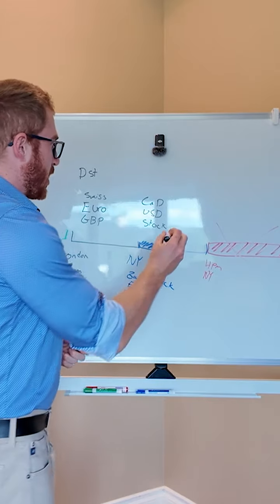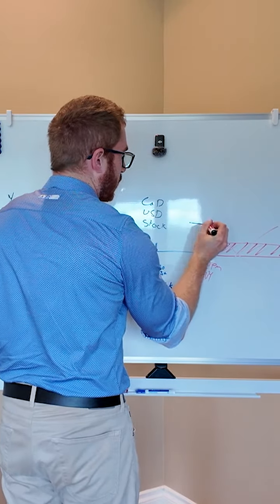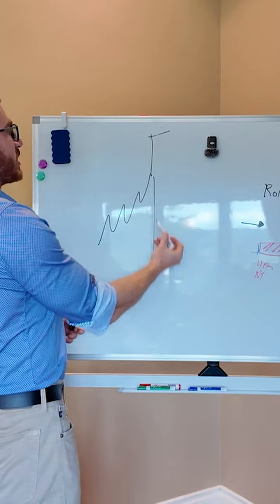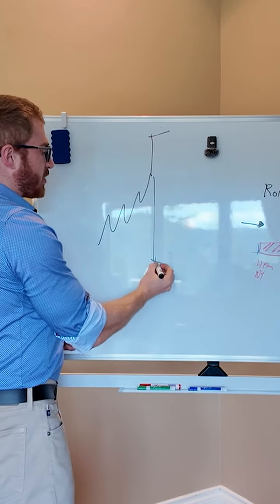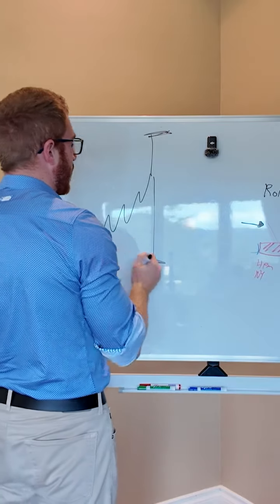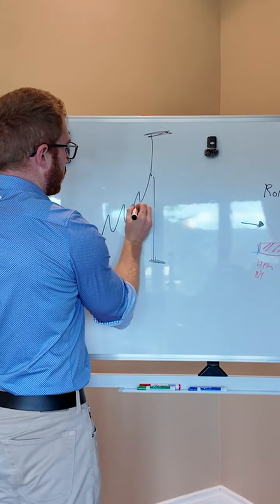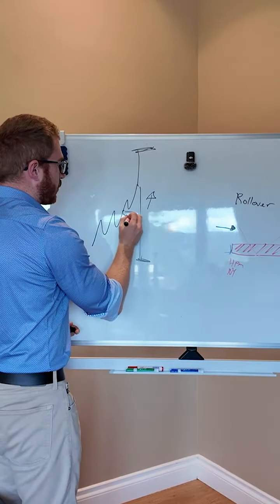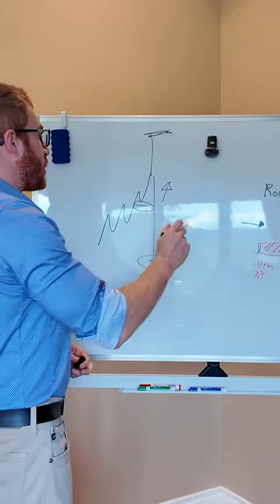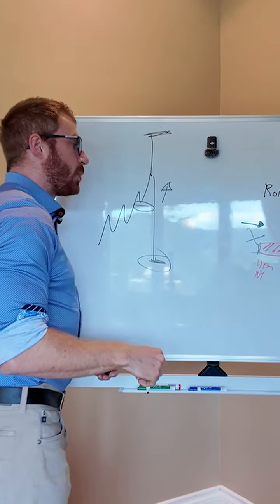Now, what happens when you leave a trade going here into the rollover? Generally, what's going to happen is it's going to be a giant spike in either direction, and the spreads are going to widen. Right? So if you have a trade going and you have a stop loss here and you're long, that stop loss will get hit down here when those spreads widen. So generally you do not want to have trades open in that rollover.